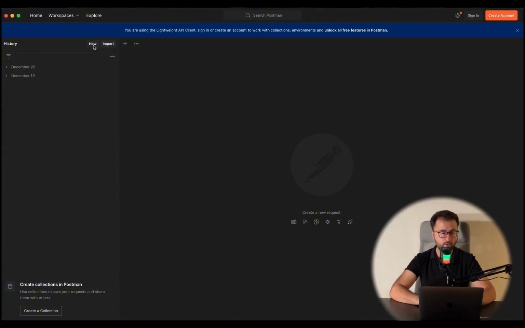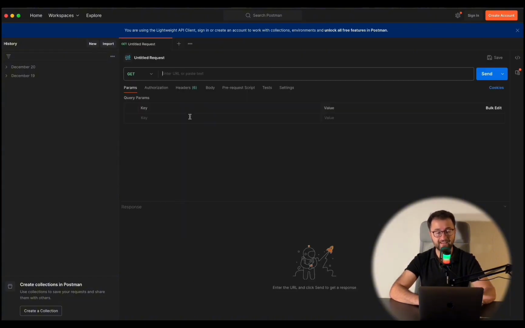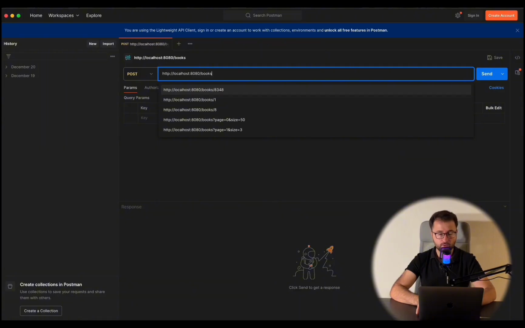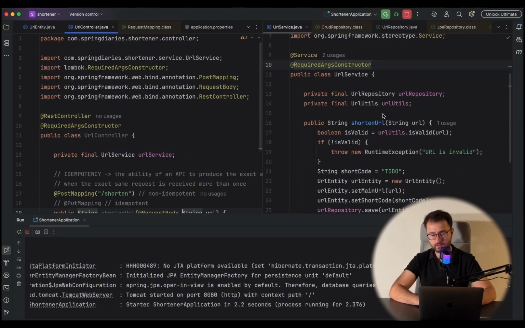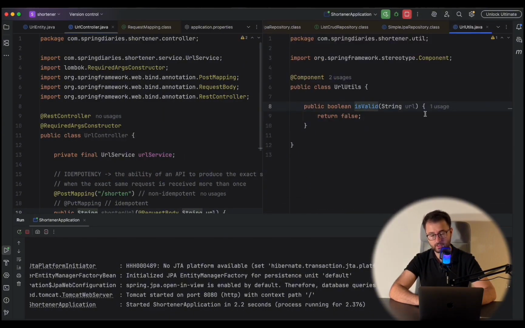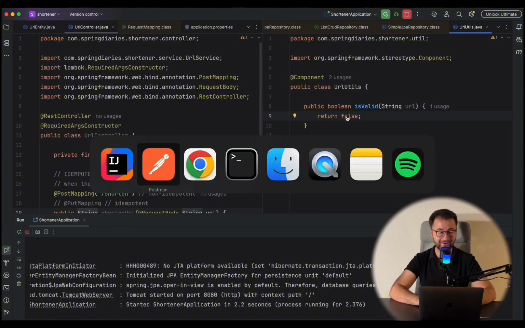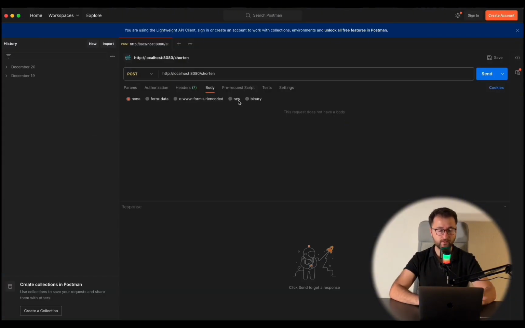First of all, I'm going to create a new workspace where we can send an HTTP request. Now that we are working with a post mapping annotated API, I'm going to use POST as the HTTP verb. And instead of boxes that we used in the last tutorial, we are going to be using the path shorten. And for the body, okay, I first need to check what this valid method returns. And it actually returns false. So this is not going to work, but this is good in a sense so that we can see both cases. If I send a raw body, which is not ideal,